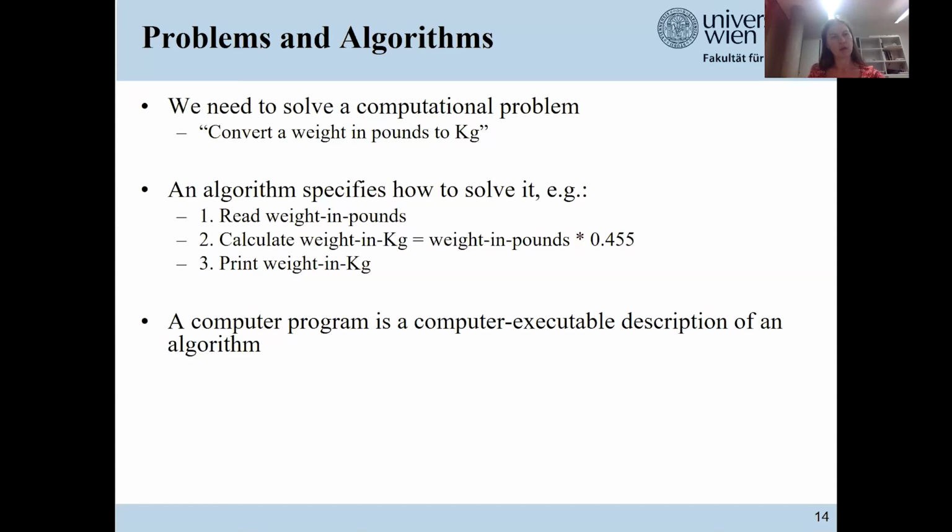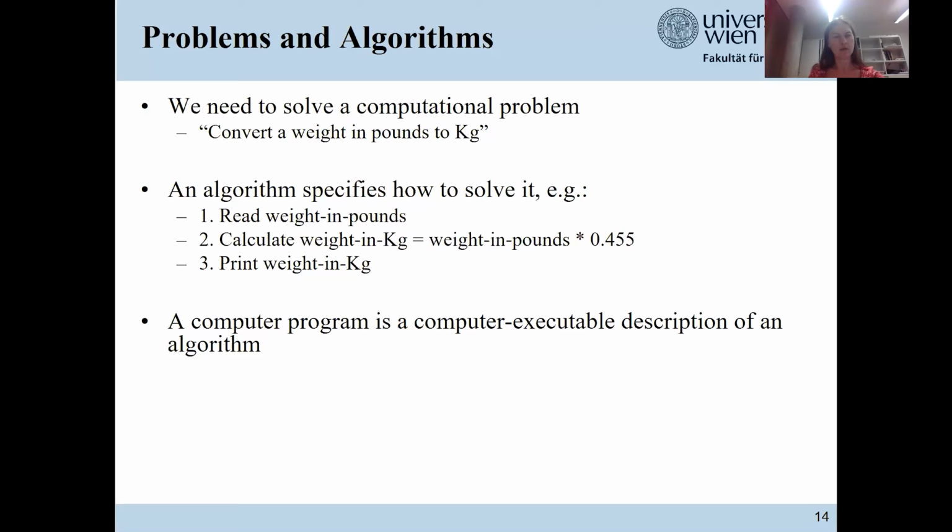There is also a notion of a problem and an algorithm. A problem is, in our common sense, the instance of the problem we want to solve. For instance, we want to solve the problem of converting the weight of a person in pounds to kilograms.